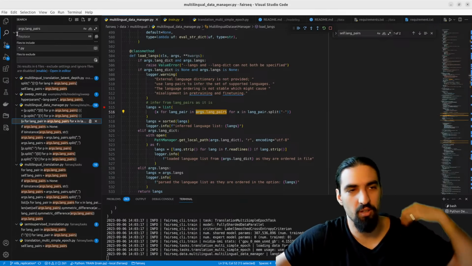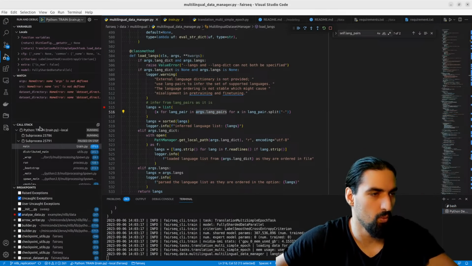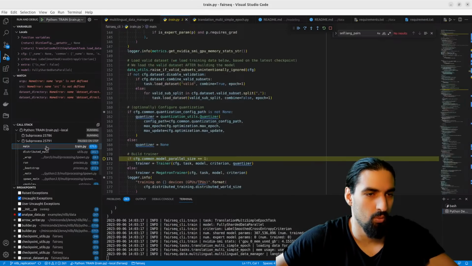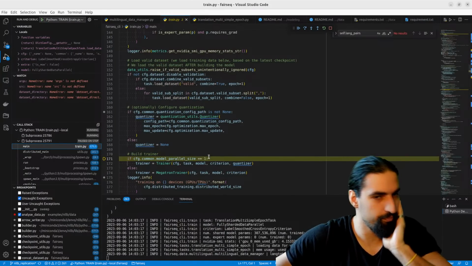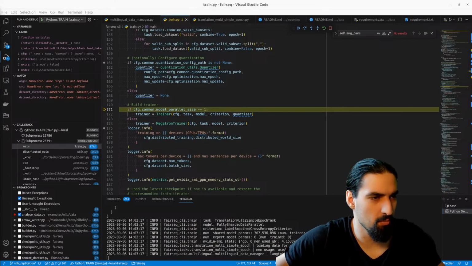Let's see whether we hit any of these. Let's go back to the main execution. So I've set breakpoints there.